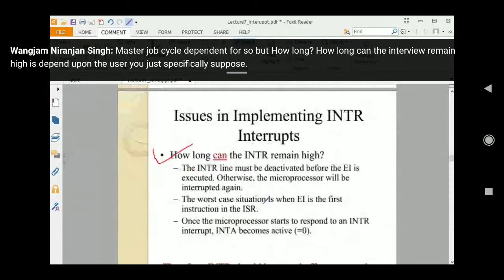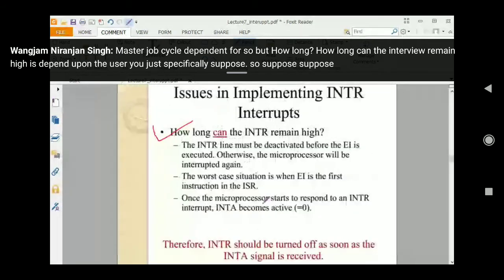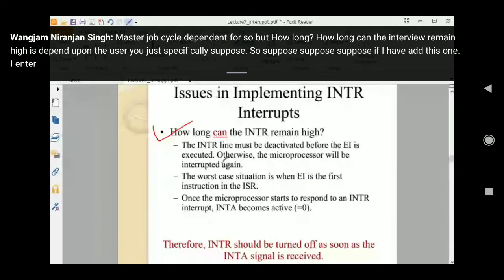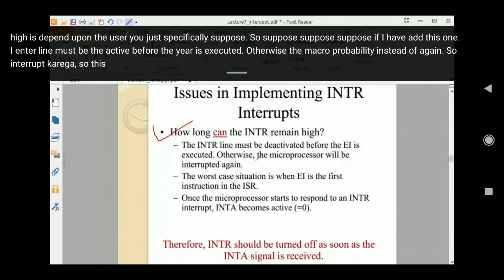Suppose if I have this one, INTR line must be deactivated before the EI is executed. Otherwise, the microprocessor will interrupt again. So interrupt करेगा. So the worst situation is that EI is the first instruction of the ISR. ये वाला एक problem होगा.